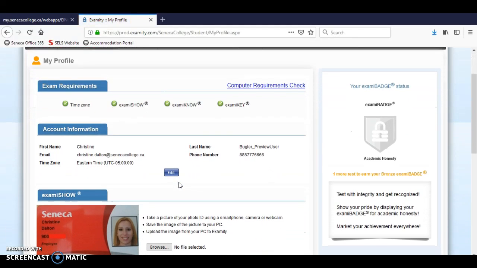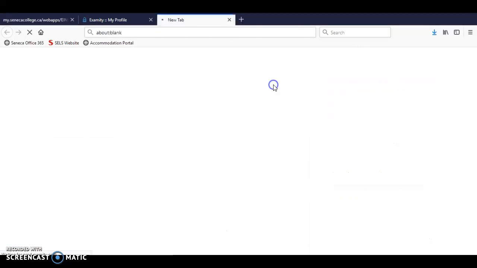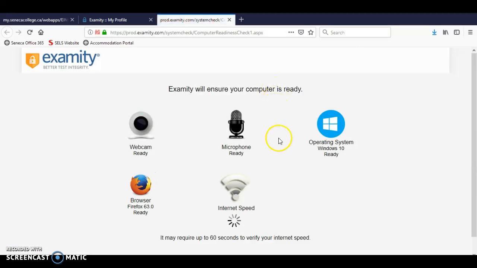So when you click into your profile, you'll see that there's some different requirements and things that you need to complete in order to have access to booking your exam. One of the first things that Examinee is going to ask you to do is to complete a computer requirements check. So let's click here. So you'll see the computer requirements check is actually checking my computer to make sure that all of the components are ready for the exam. So it's going to identify for me that I have a webcam ready, that I have a microphone ready,